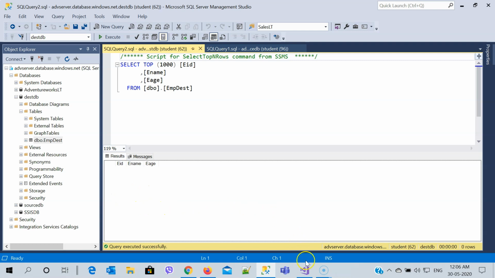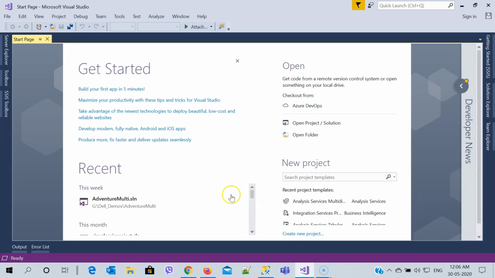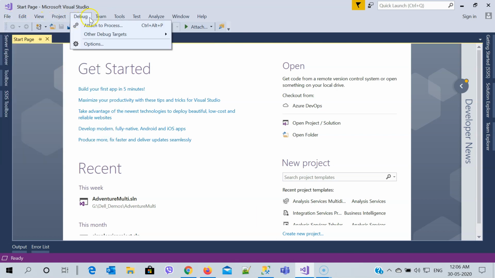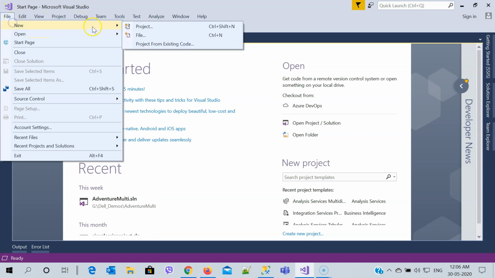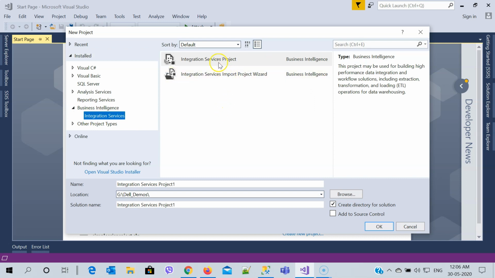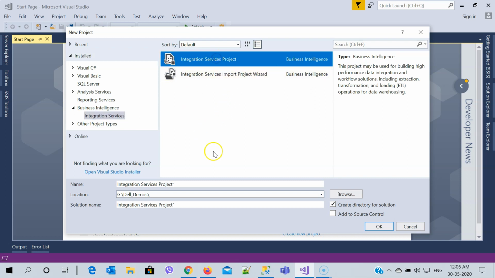Now what I'm going to do is go to Visual Studio. We'll go to File, New, and then I will go for Project. I'm going to select integration services, not analysis services. I will go for BI, integration services, and create an integration services project.